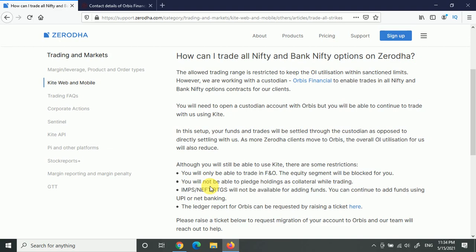Or else if you want to trade in Zerodha, I have also shared one link where you can open another account in Zerodha. You can keep your equity portfolio in one account, and you can open another account in some of your family members' name, where you trade future and option, but you will have to put the entire money by cash. So these are the overall advantages and disadvantages. If you open a new account directly, you will then request the change of custodian.